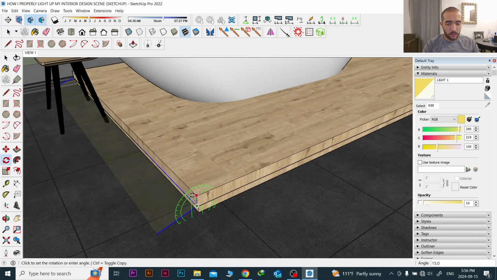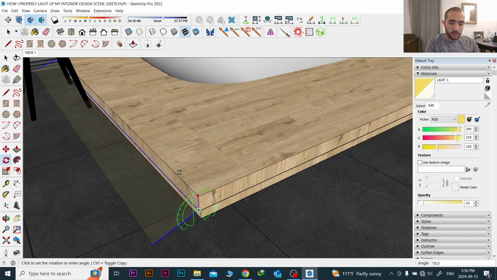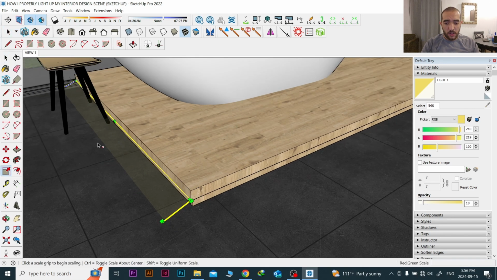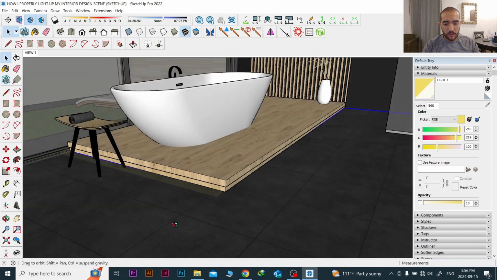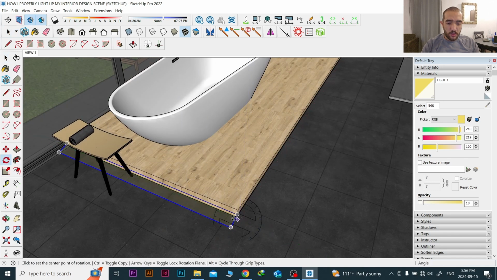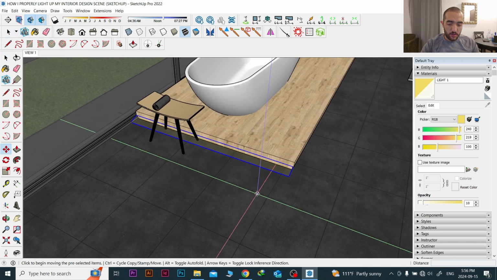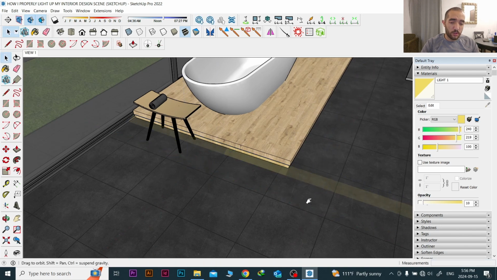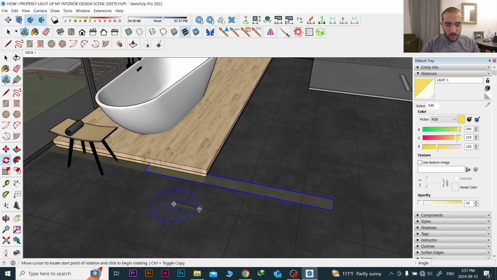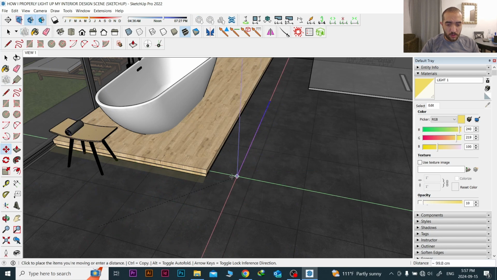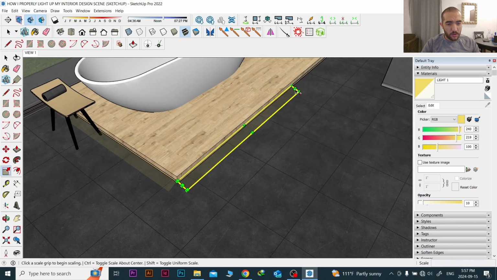I will rotate it a bit. I'll make a copy for this one. Rotate it. See how